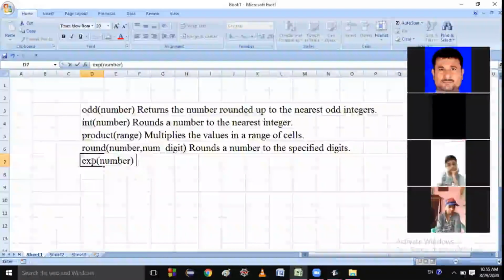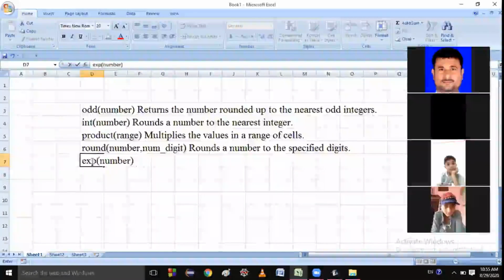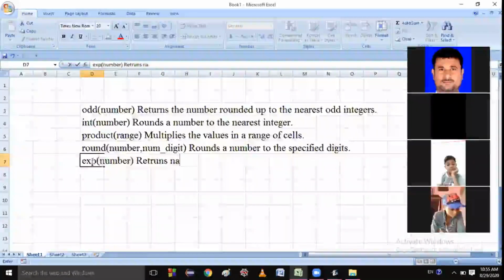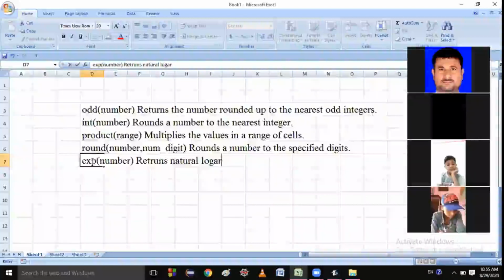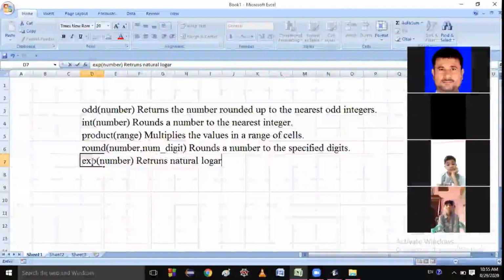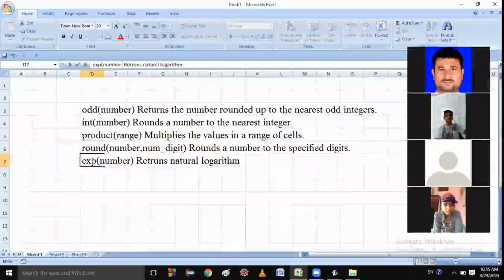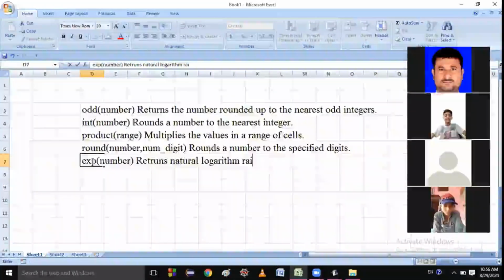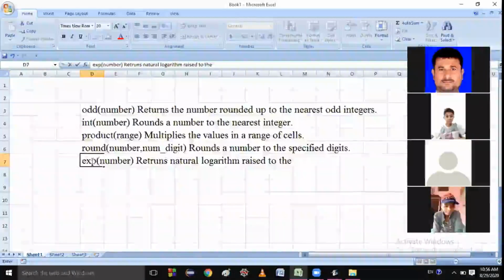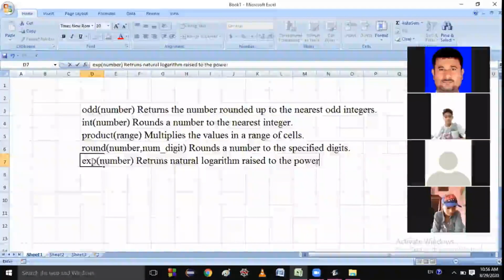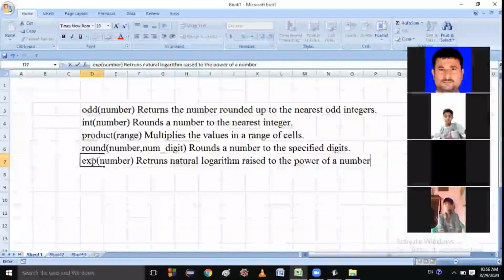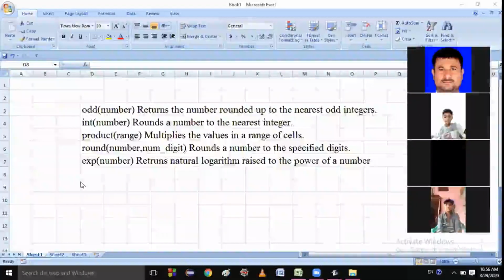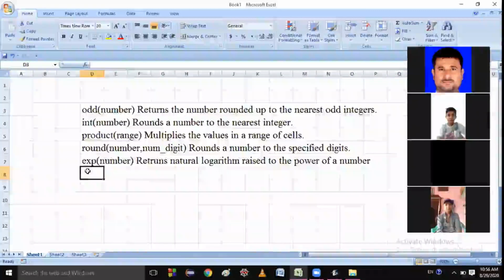What will it do? It returns the natural logarithm base raised to the power of a number. You know logarithm? I think if you don't know, then leave it. This is not for you if you do not know the logarithm.